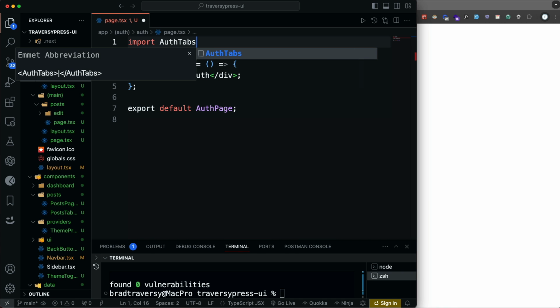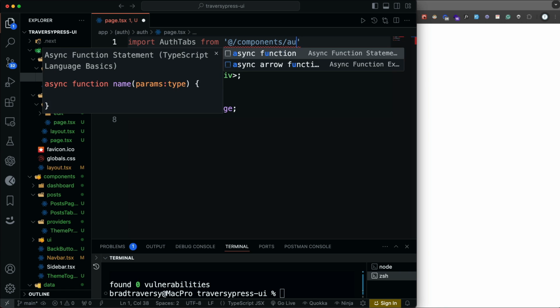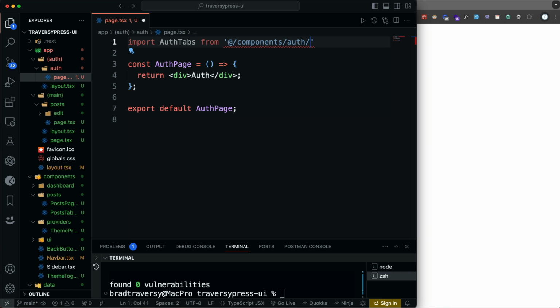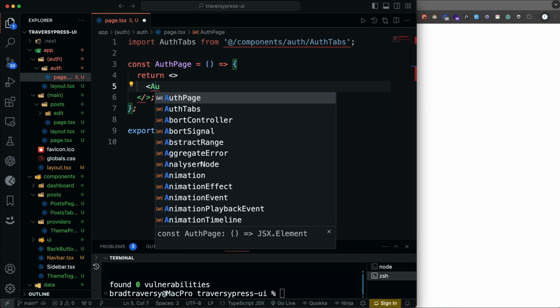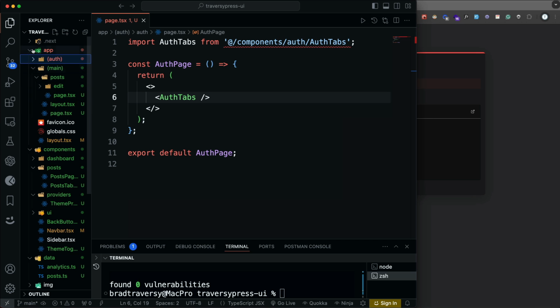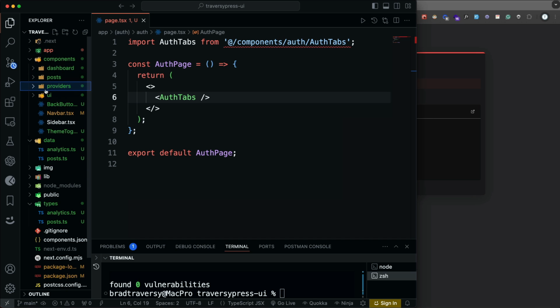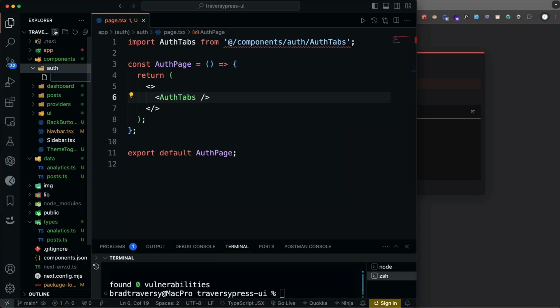So it's going to be called auth tabs from @/components/ and we'll have a folder called, not dashboard, auth in components, and this will be called auth tabs, which doesn't exist yet, but we'll create it in a second. And then all I want to have here is auth tabs. Okay, so that's going to give us an error because that doesn't exist. So let's go into components, and we're going to create in components a folder called auth, and then let's create a file called auth